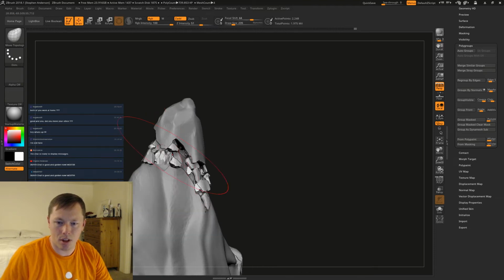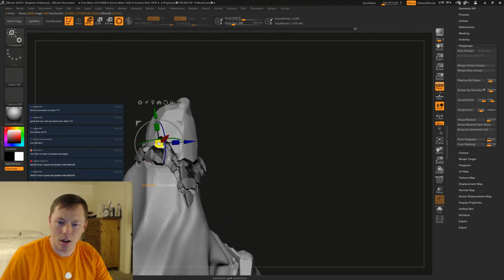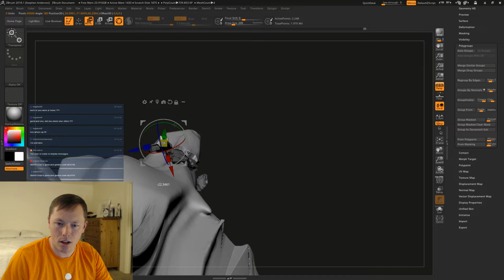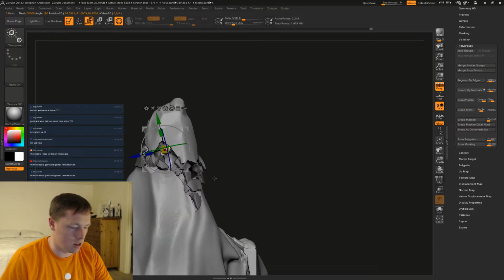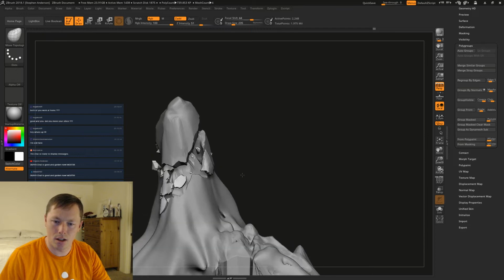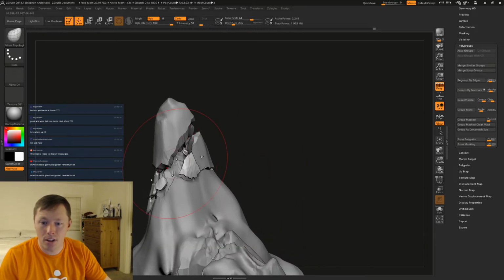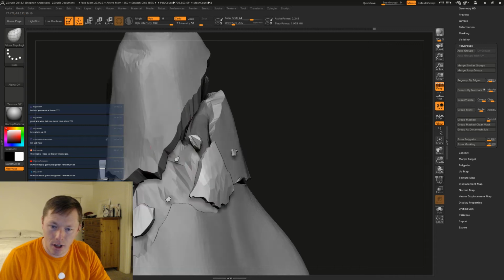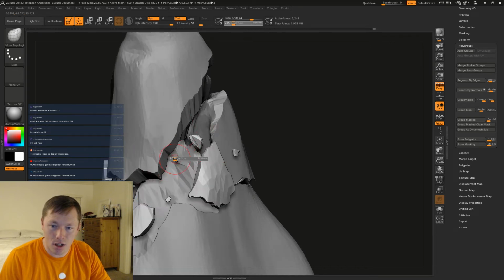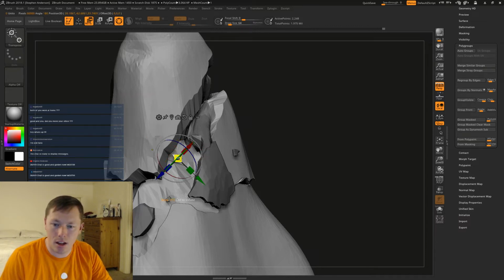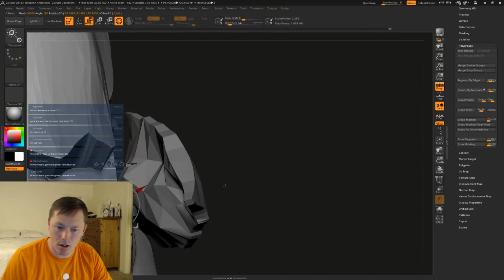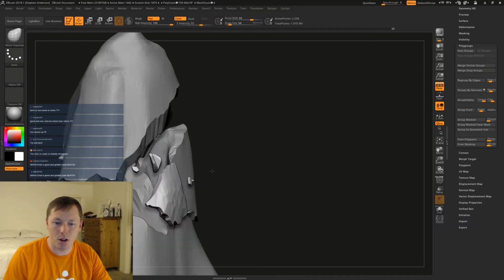Let's take these, play with them a little bit more. Okay, so these are two similar, so I'm just going to take this and kind of stretch it like that. And then let's just pull this down here, shrink it. And this isn't something that I'm working on for production, so I don't have to worry about.